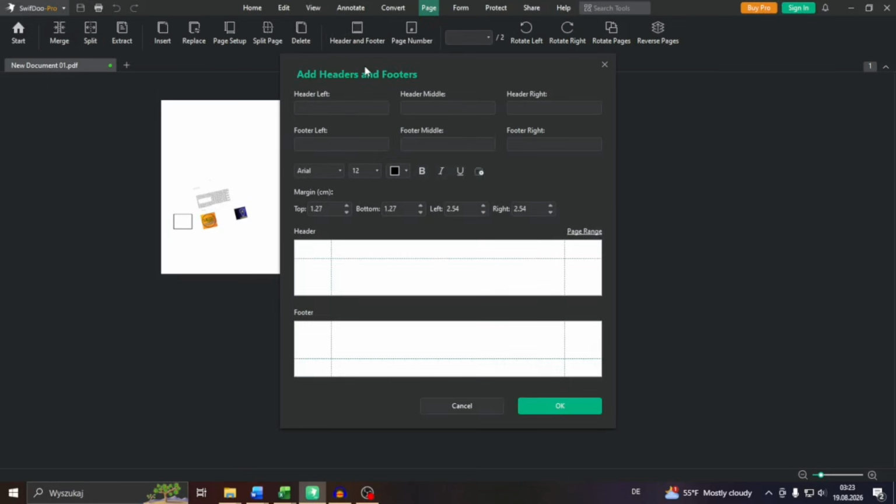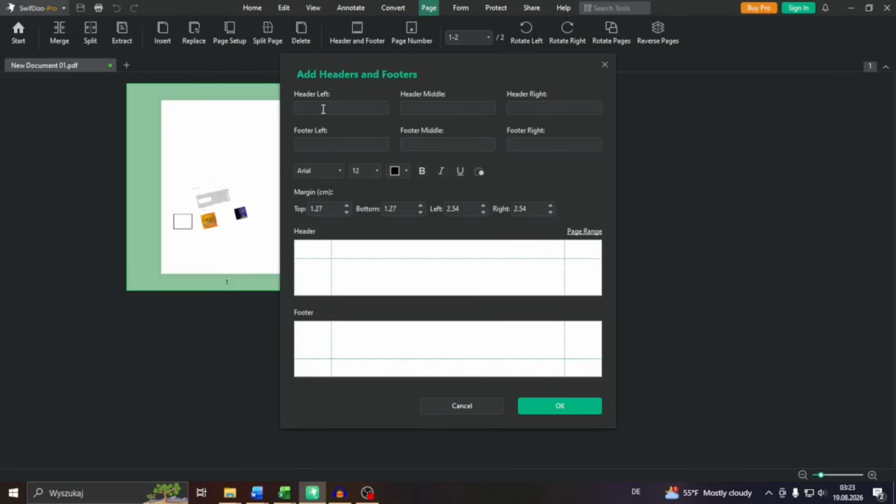And then guys, what you want to do is click into the page tab here, right? So from here, navigate to header and footer. Select add headers and footers. And what you want to do first, guys, let me just click into cancel and then highlight these pages first so that we may know which pages we apply the header and footer to, and then click into this button